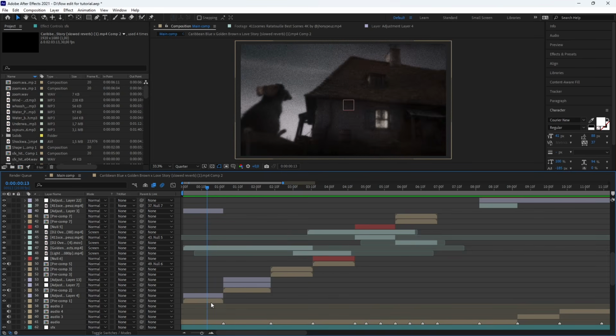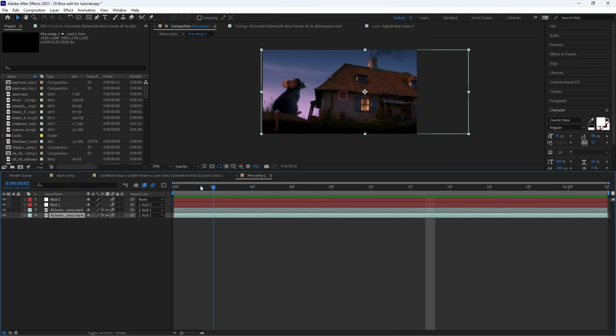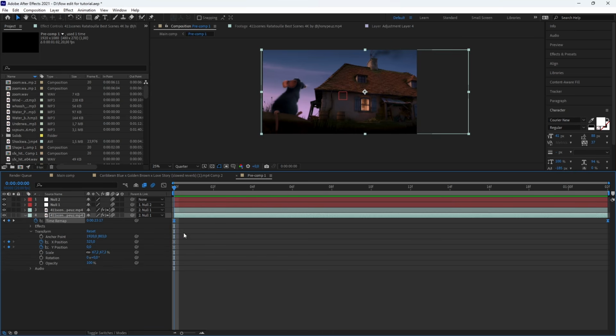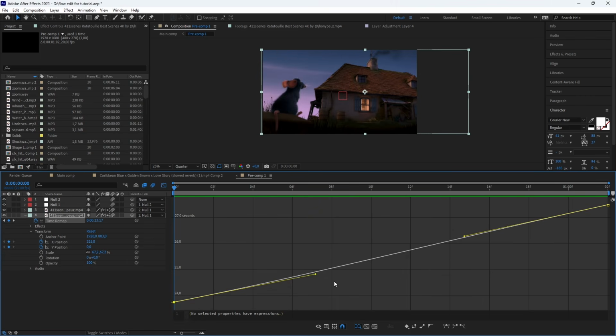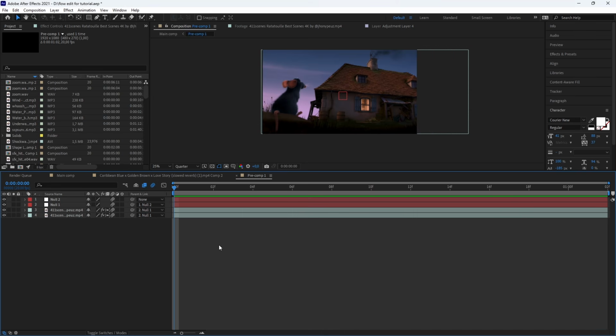That's pretty simple. First of all, it's the main clip. You add your main clip like here. Then you can of course time remap it. I'm not gonna explain everything for every clip, but I will show you, for example, this one. In this case I had one keyframe at the beginning and one at the end, and then I just added a graph. This one is not very visible because of the result I wanted, but that's actually it. I will show you a different time remap I made.